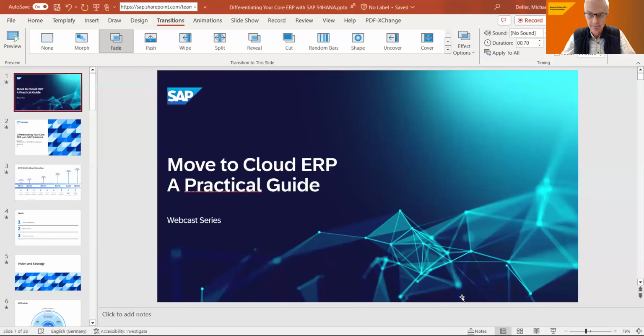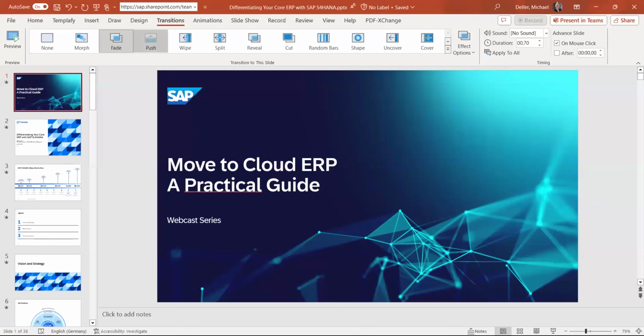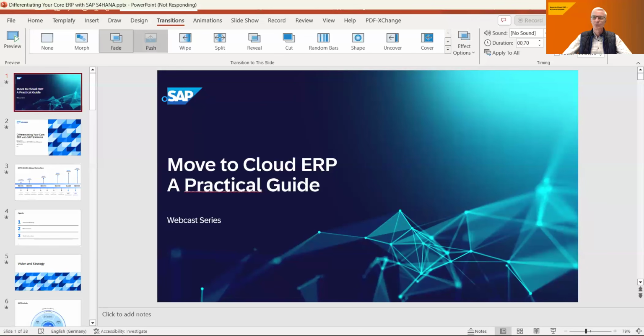And you should by now be able to see my screen. PowerPoint, if you would kindly go to full screen, presenter mode. Aha, okay. Let me quickly switch my screens and then we'll be good to go. We can see your screen, Michael, but just the presentation mode is missing, but I think it will start right now.